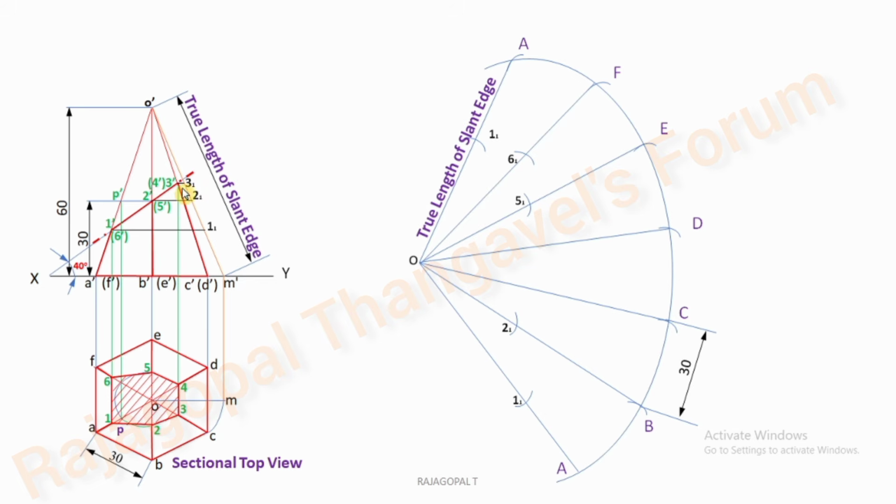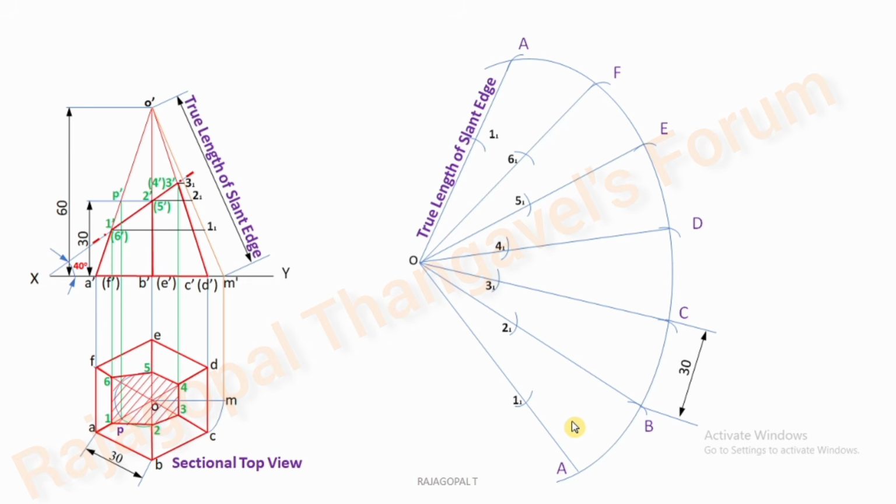Next is 3. 3 1 is on OC. You measure the distance from O dash to 3 1. On OC you can fix the same radius and make it 3 1. 3 1, if you check, the 4 dash is exactly lying on the same 3 1 cutting point, but 4 dash is lying on OD. Here this is OD. Use the same O as center, this 3 1 as radius to identify 4 1. Now we have transferred all the cutting points of the section plane for the development of the lateral surface.